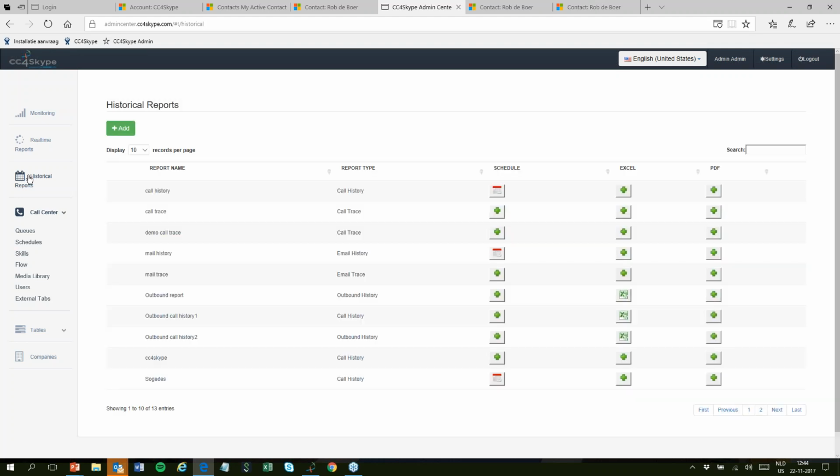When you have created it, you can run it in Excel or in PDF. And when you like it, you are able to schedule it and send it out to any group at any time, and it will run as long as you keep the schedule alive. So if I need, on my service department every morning at 9 o'clock, the report of the last day, then I will get it in my email. So with historical reports, you are able to create any report regarding the information we stored on our